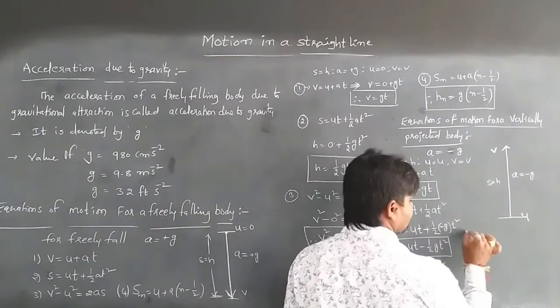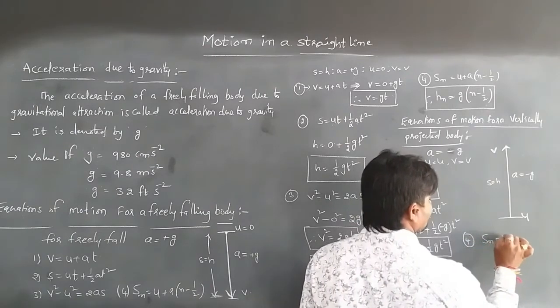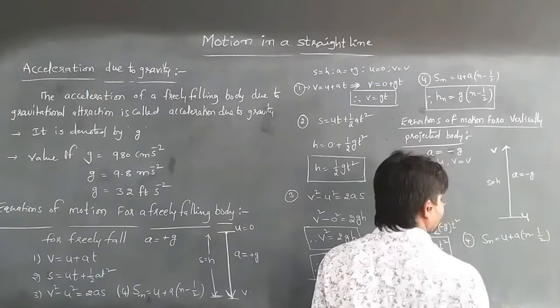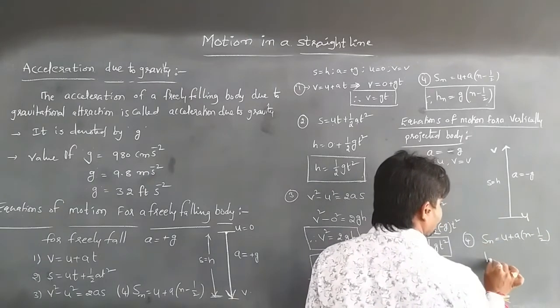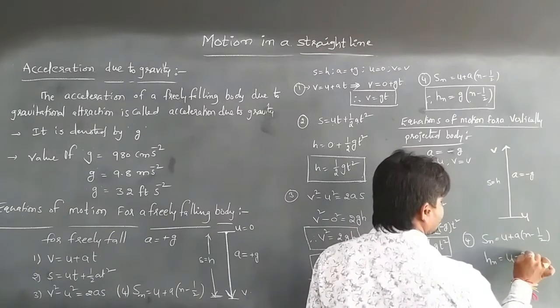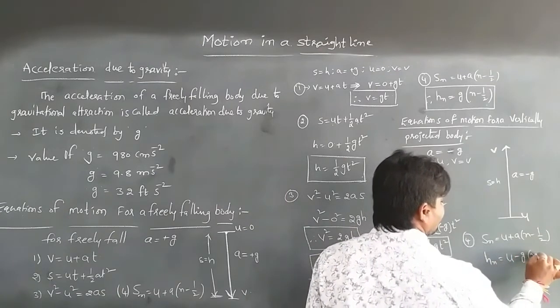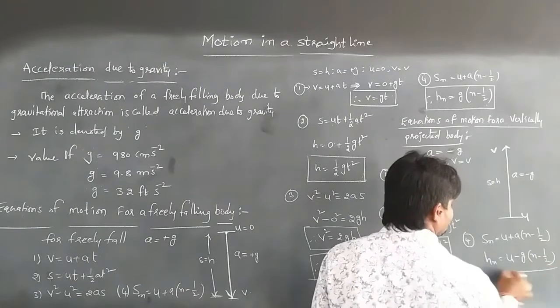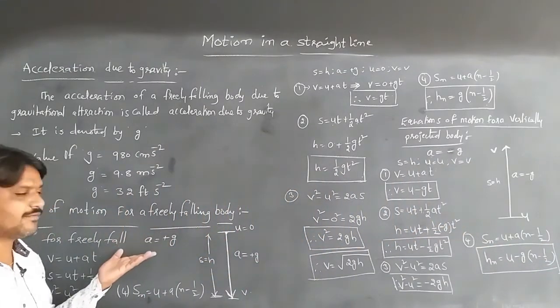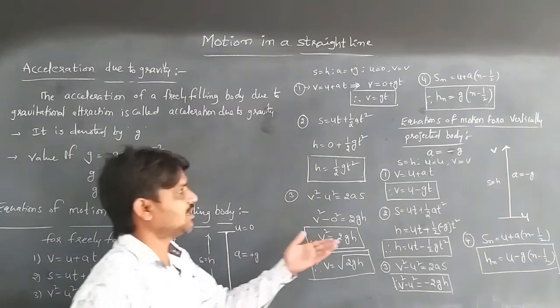Then the last one, the fourth, is Sn is equal to U plus A of n minus 1 by 2 as the equation of motion. Then from that equation, Hn is equal to U minus G of n minus 1 by 2, with S as H and A as minus G. This is the equation of motion whenever the body is freely falling from a certain height, or the body is